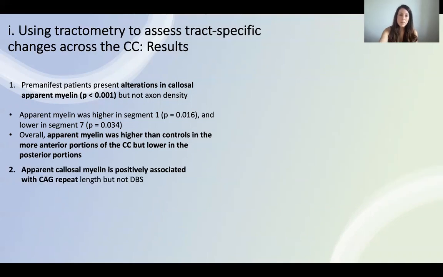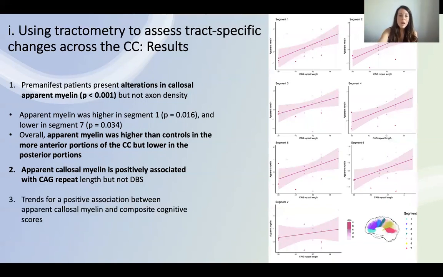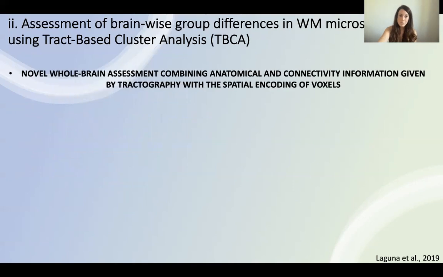Importantly, we detected a positive significant association between apparent myelin in the callosum and CAG repeat size, but we didn't detect a significant association with disease burden score, and the association with the cognitive performance did not survive multiple comparison correction. We then corroborated these findings with tract-based cluster analysis, which